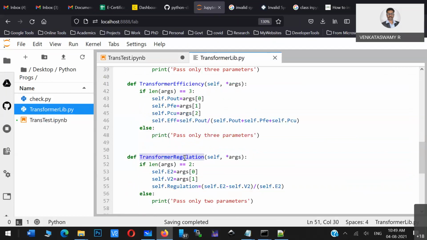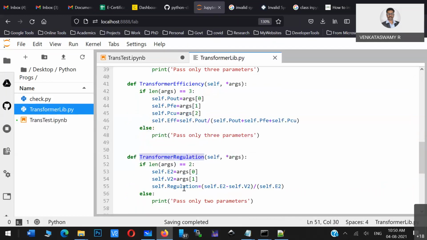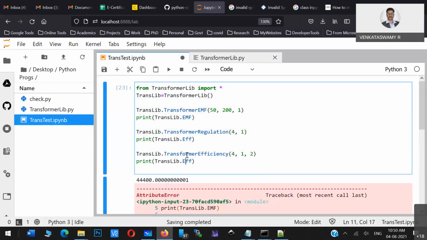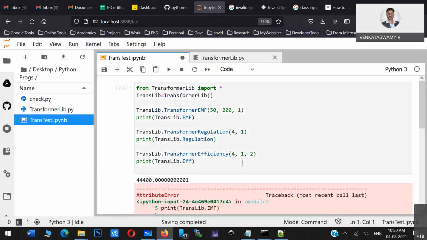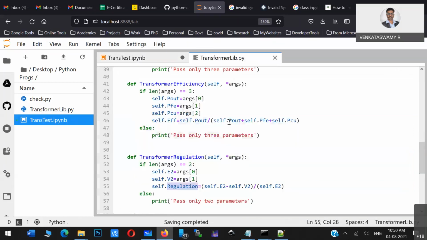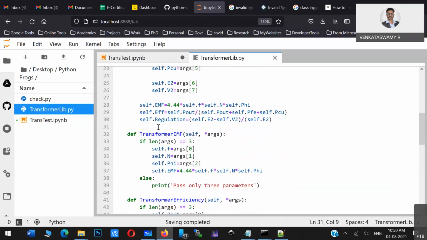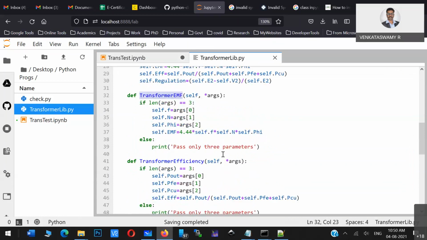What is the transformer regulation function? Okay, so transformer regulation function. So 2 parameters. I think what is the variable name? Regulation. Yeah, for regulation also same thing. So that means it is considering the transformer EMF function, and it is not considering the transformer efficiency function.